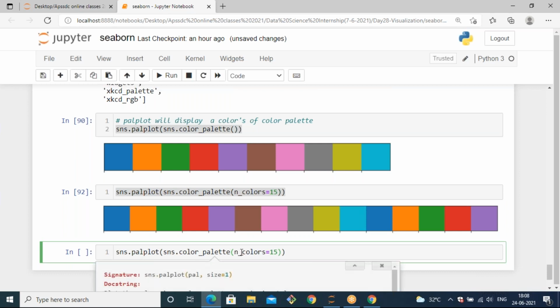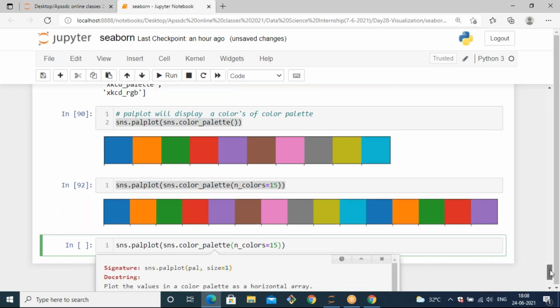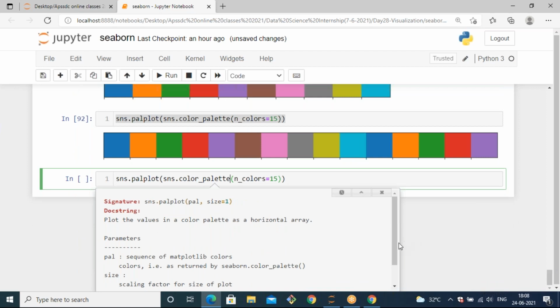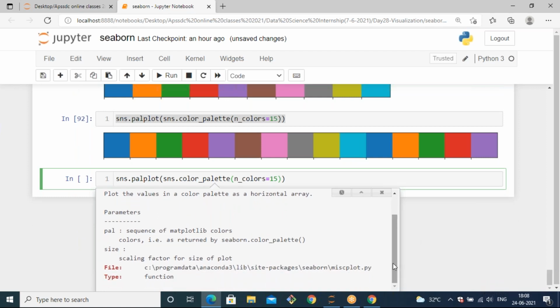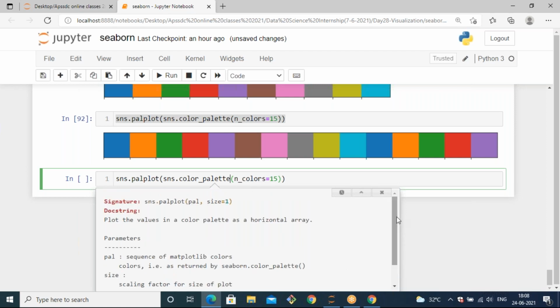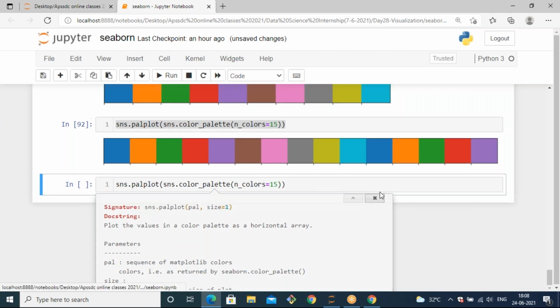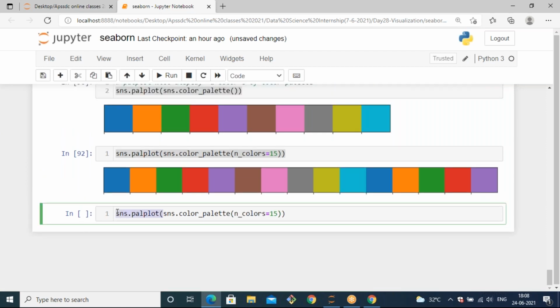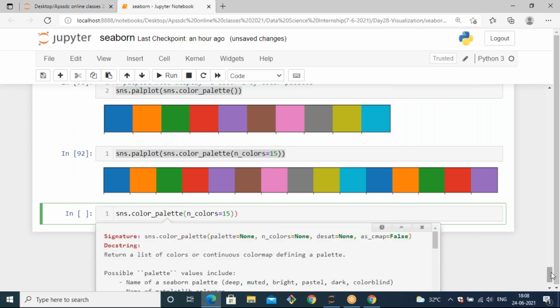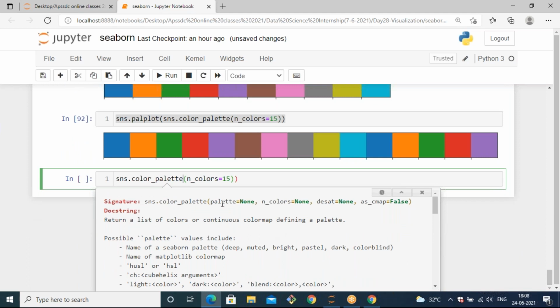Let me just press shift tab. It should give you the parameters, but it doesn't show any parameters. It has only path and size, so it gives you the description of palplot. I just want the description of color_palette, so let's remove it. Now after removing palplot, you can see the palette and n_colors